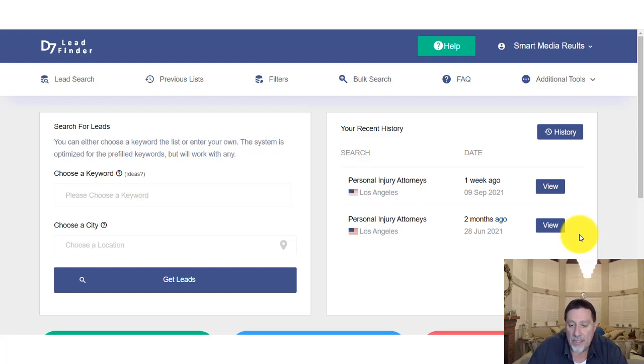In this video, I will be covering how to clean up your D7 lead finder list. Once you download it, you're going to find that your categories seem to be a little bit messed up. I'm going to show you how to clean that up so when you import it into a cold email software like Mailshake or some other one that you are possibly using, your open rate will not go lower and